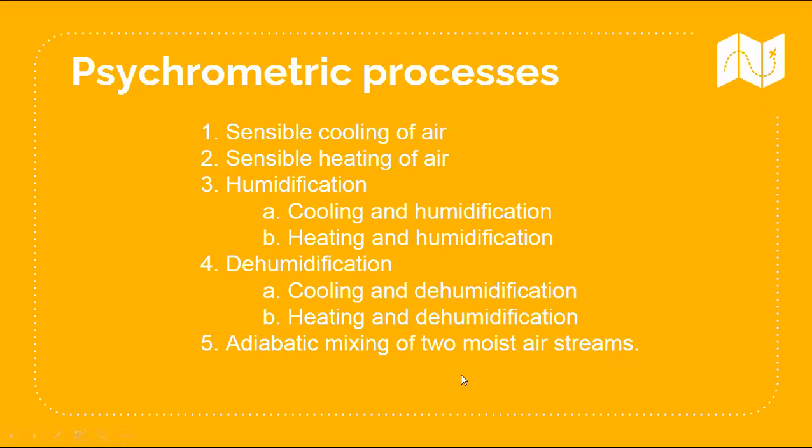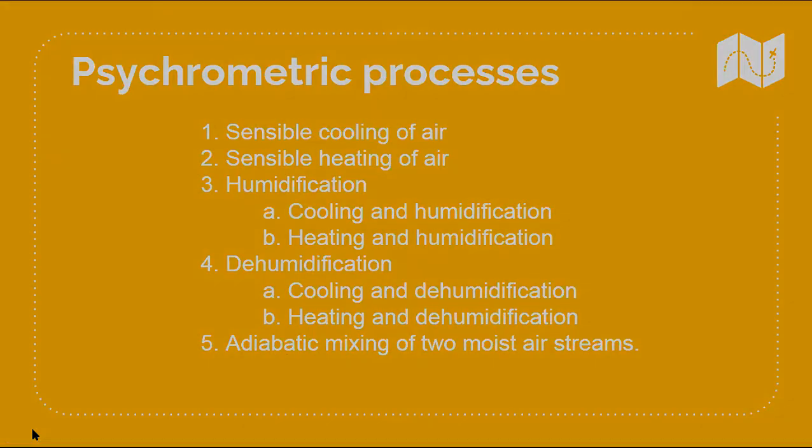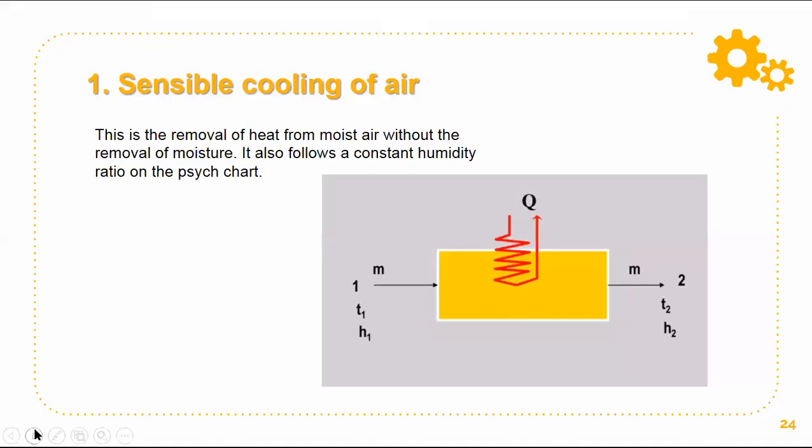Okay, let's go to these psychrometric processes one by one. When we speak of sensible cooling, this is the removal of heat from moist air without, take note, without the removal of moisture. You just simply cool down the air by removing some amount of energy from it. It also follows a constant humidity ratio on the psychrometric chart. So in the process of simple cooling, actually the same thing with heating later on, when we draw on the psychrometric chart, it would be something that is happening horizontally,